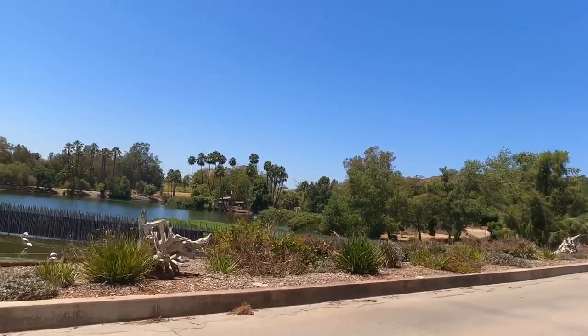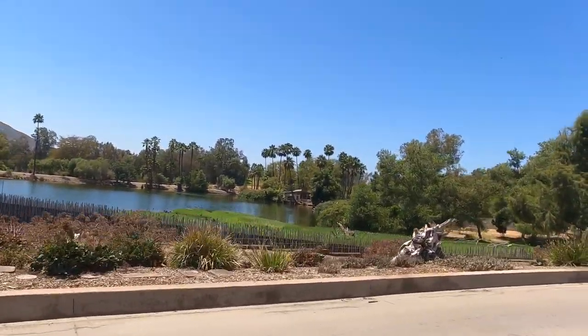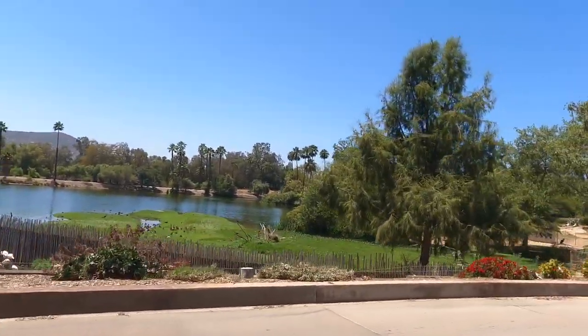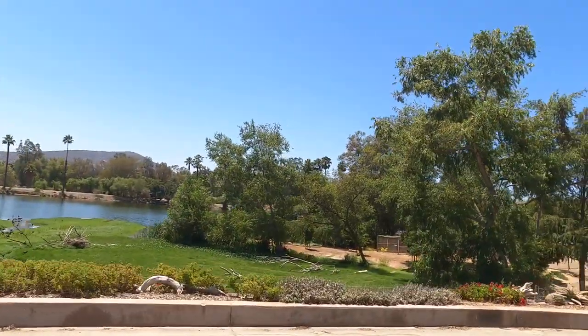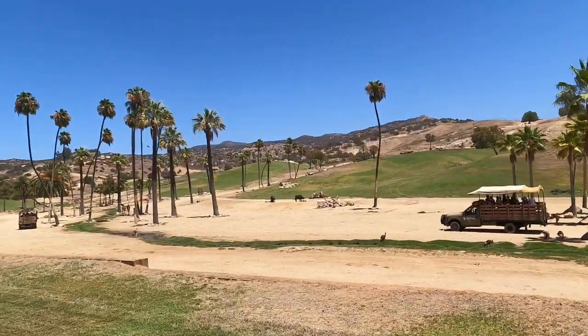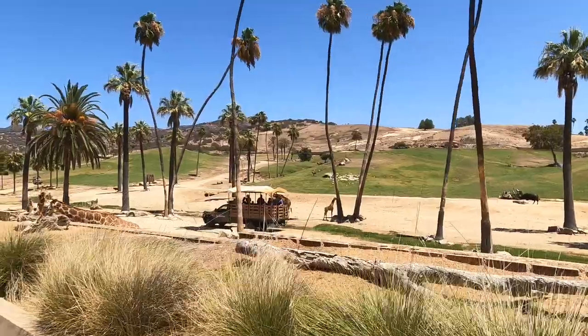So now we are passing by our last major habitat for our tour. This is now East Africa, which has a bunch of our animals adapted to these wide open grasslands that'll change a lot from season to season. Down here in the valley next to us, we'll have a great view of a bunch of our East African crowned cranes. And speaking of bigger animals as well, up there on top...